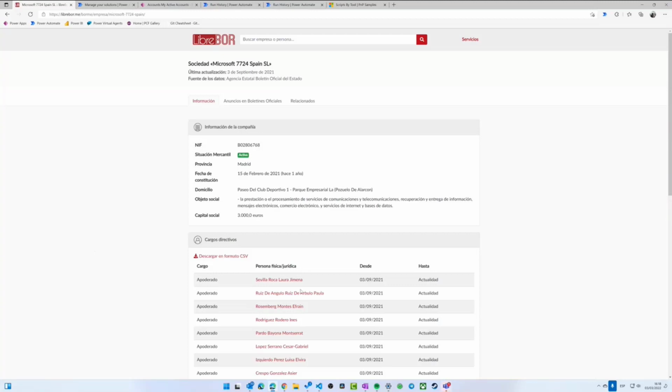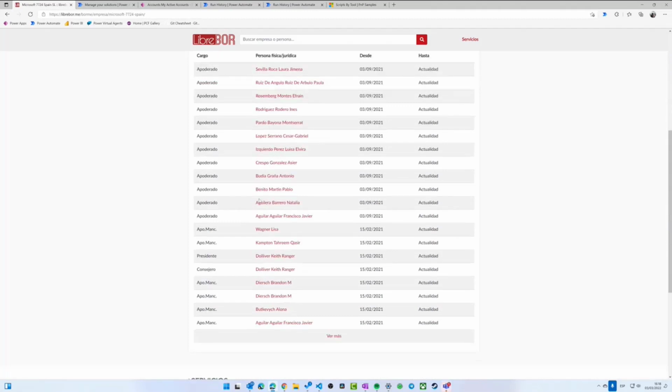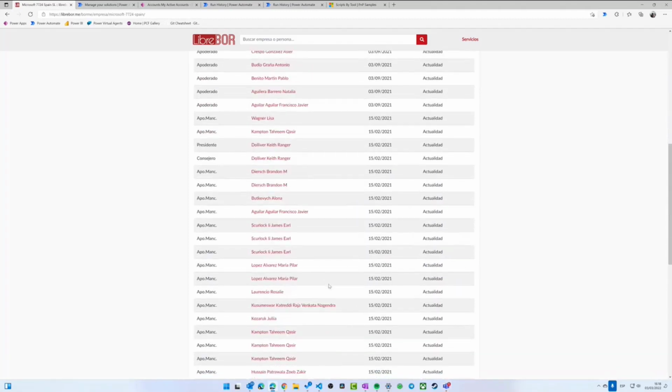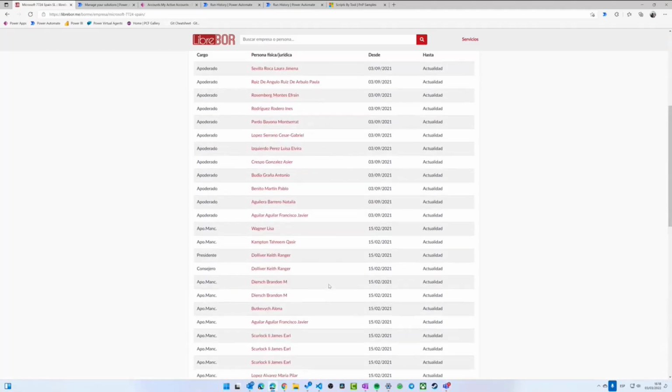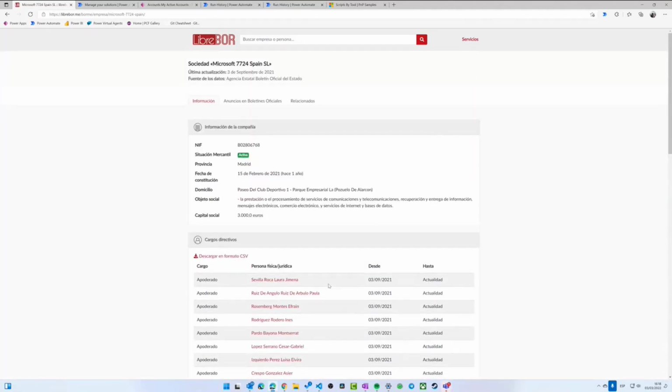So, for example, if I search for the Microsoft company in Spain, you can see all the details and all the stuff. Now, this is great because there are not that many sources of information for free with all the company data, and we noticed that there was an API available for this service. So we approached the founder of this project to see if we could create a connector for Power Platform to use this data in Power Apps, etc., and even in Dynamics and other downstream applications, because it really has lots of value to allow you to validate ID numbers of companies, addresses, etc.